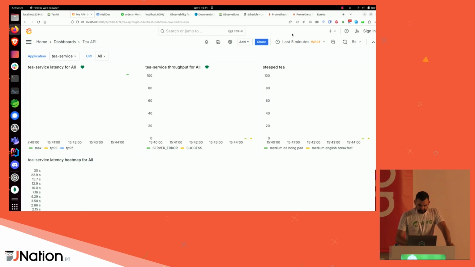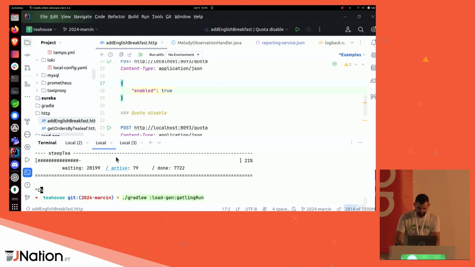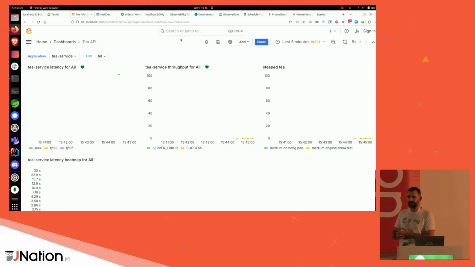Okay, so let's run the load test again. It seems that we have people clicking. So we have around 5 requests per second. And the problem is that for the English breakfast type of tea, we do not have proper results. We have an exception. So one way of fixing this would be for you to go to every single server,